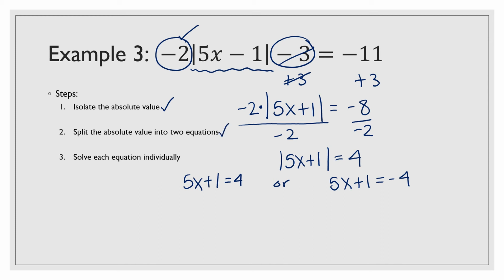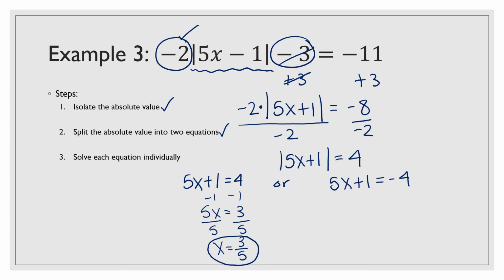Now that we have split it up into our 2 equations, we can go ahead and solve each of those equations. So we can subtract 1, and then divide both sides by 5. And it is okay if you have a fraction. We just want to leave it as a fraction. Fractions are a little bit more exact than decimals, which is why I do like to keep everything as fractions